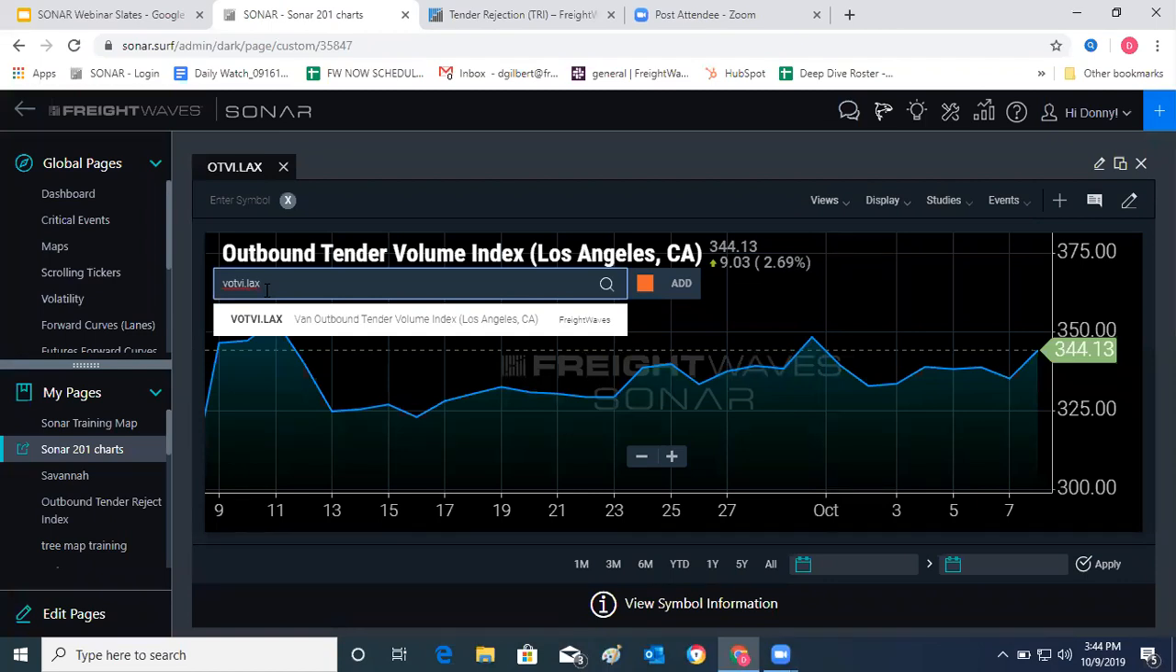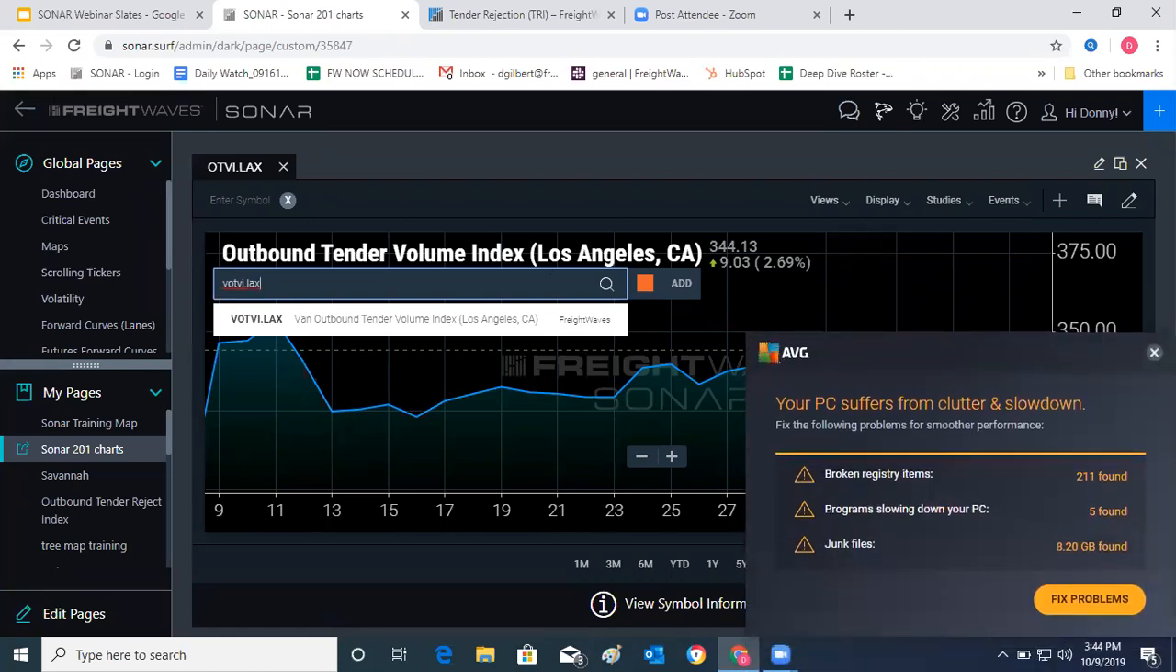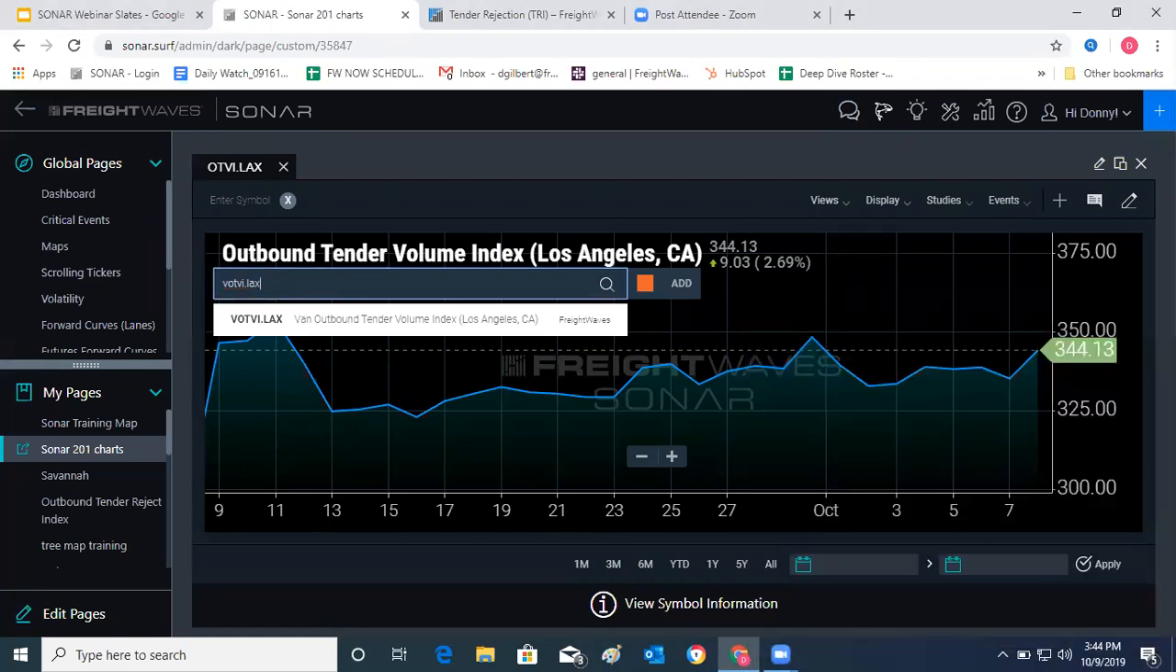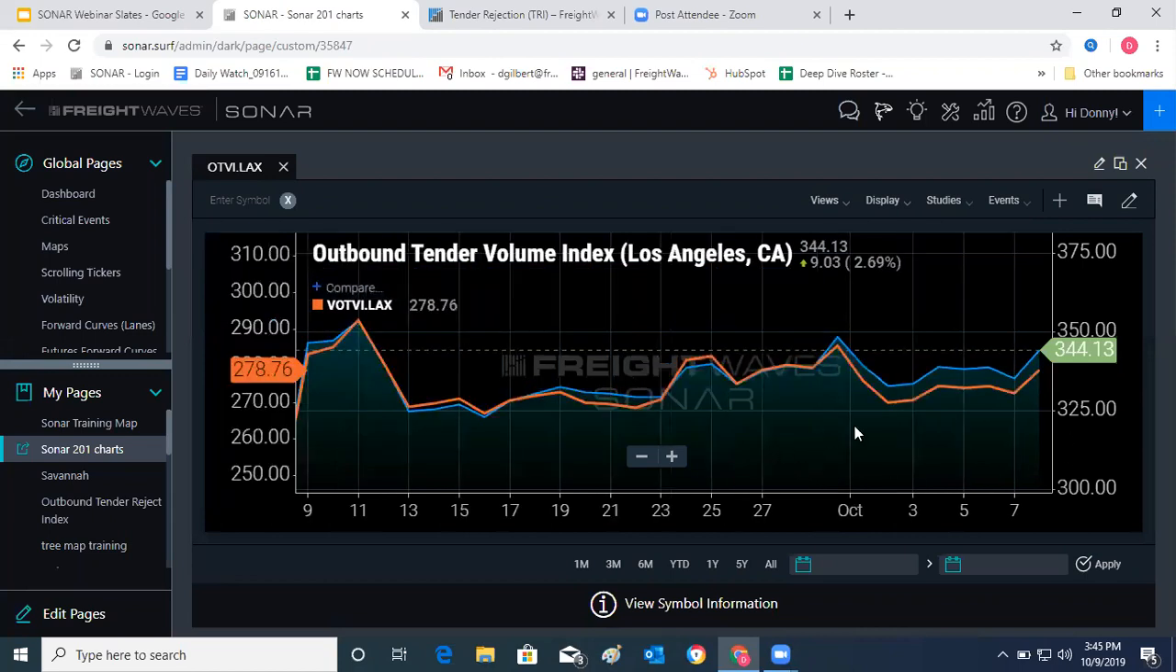We have broken these volumes down into dry van and reefer, and this is going to give us a better idea when we see markets changing. It could be the flatbed market changing, it could be the tanker market, or it could be the reefer market changing, and it may not have an effect on the dry van. So we want to be able to break these down. This is a great way to do it. I'm going to hit enter here, and you'll see where